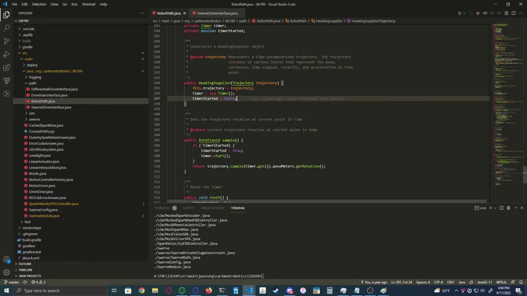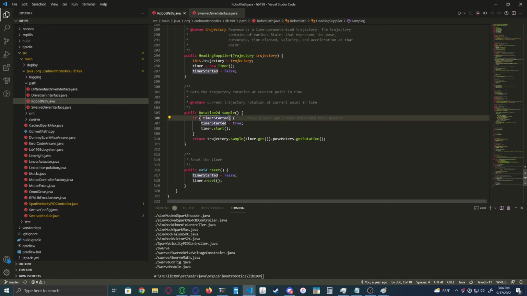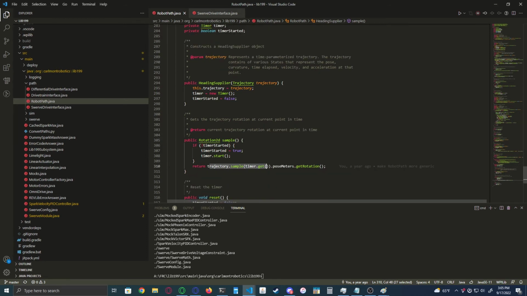So basically what it does is whenever you start driving a path, it will start a timer. And that timer will say, how long have I been driving this path for? And so what that then does is it says,